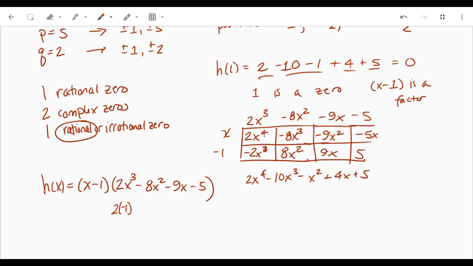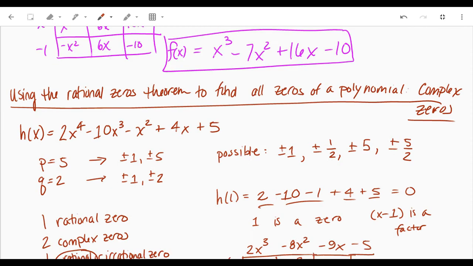Negative 1 cubed would be negative 1. Negative 1 squared would be positive 1. So I'm going to have negative 2 minus 8 plus 9 minus 5. Okay, and I've got minus 15 plus 9. That's not 0. Okay. All right, I'm going to skip the 1/2 for now, and I'm going to move on